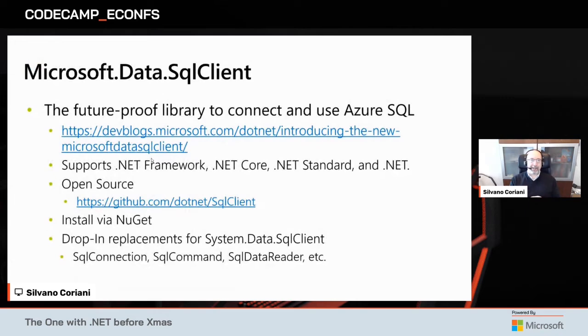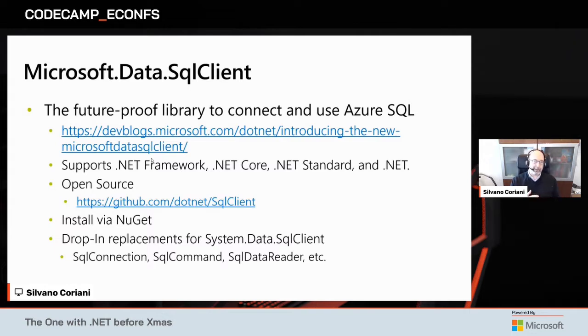Okay, let's talk about SQL clients. So some years ago, I think it's 3 years ago at this point, we actually released a brand new SQL client release called Microsoft.Data.SqlClient. This was basically outside of the full .NET framework and the various .NET framework releases, as a standalone NuGet package or set of NuGet packages, actually. Right, and the goal for this is to be able to innovate as fast as possible from